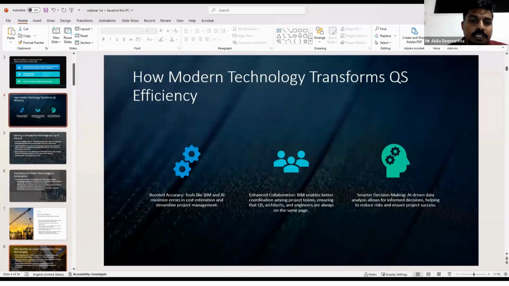So technologies like building information modeling and artificial intelligence allow quantity surveyors to achieve greater accuracy in estimating project